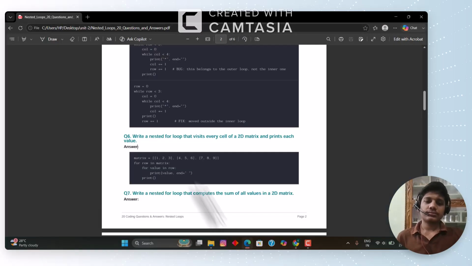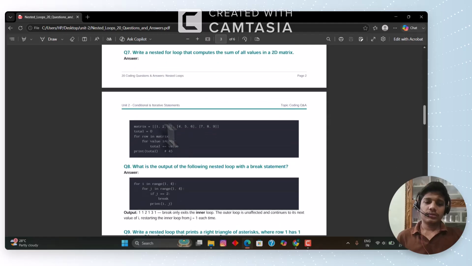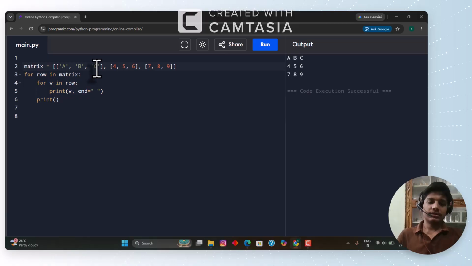After this is another question, same as we saw above, but here we have to total the values. Here the values are 1 to 3, right? So we have to add these values. For example, 1, 2, 3, right? 4, 5, 6. We can give the inverted commas, but it will be treated as a string, not as